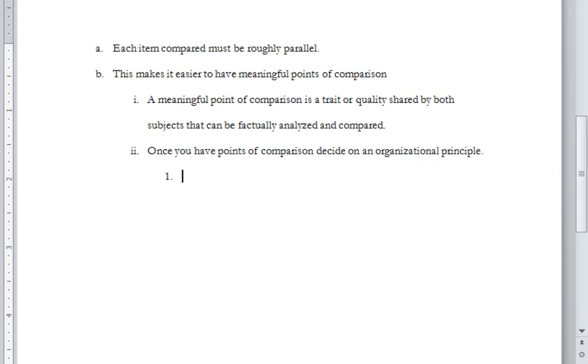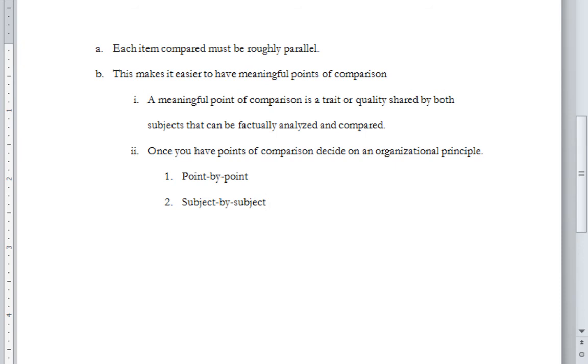So you have two possible organizational principles: point by point, subject by subject. And I am actually not going to go over these in depth.